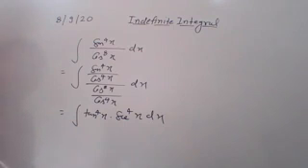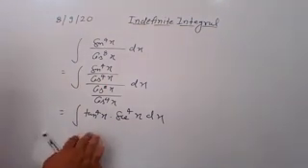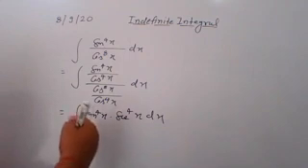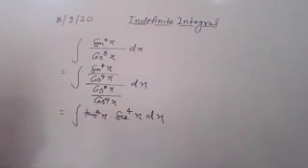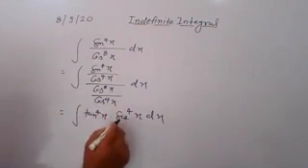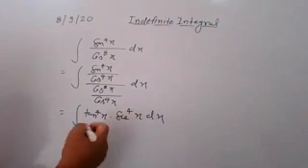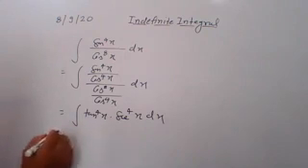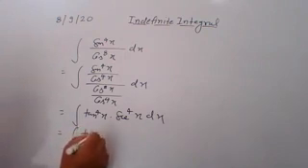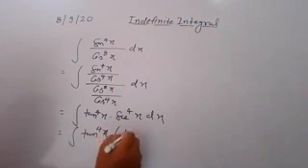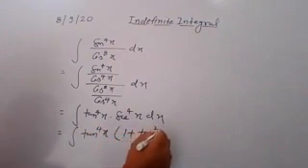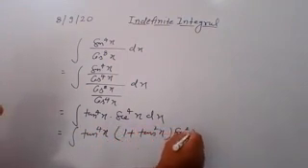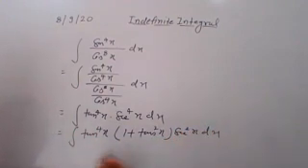Okay, now if you have such a situation, you know how to solve such an integral. You have to convert one of the sec square x in terms of tan, and the other sec square x you write as it is. So you write here tan to the power 4x into 1 plus tan square x, and here you write sec square x dx.